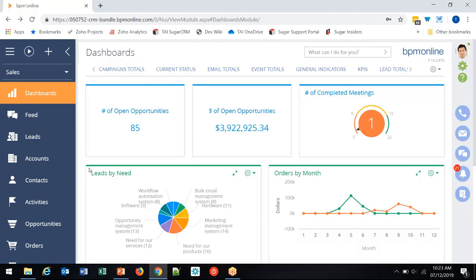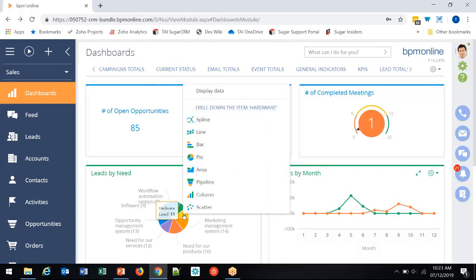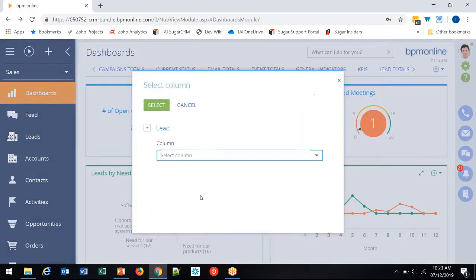One other thing that I forgot to point out before is that with your chart widgets, and this is true whether it's on your dashboard section or a section level dashboard, any chart widget does have drill down capabilities. So you can click on a section of a chart. It will ask you how you're going to want to visualize the data that you're drilling down to. So let's say I wanted a bar chart when I drill down,